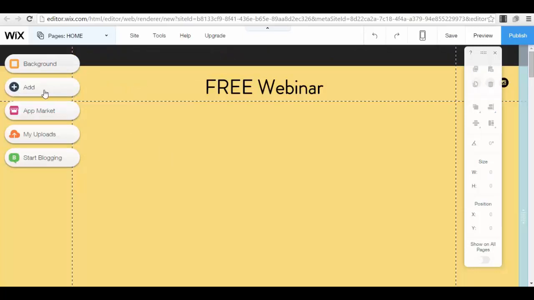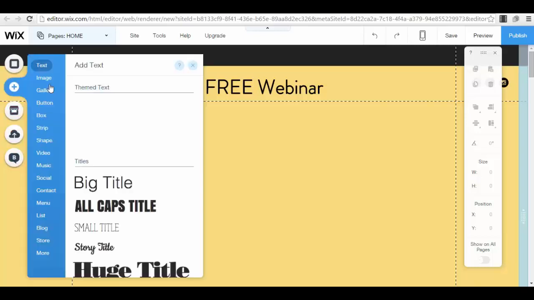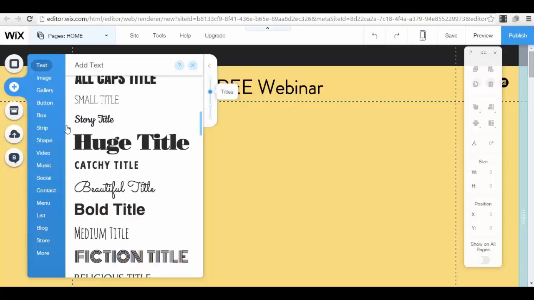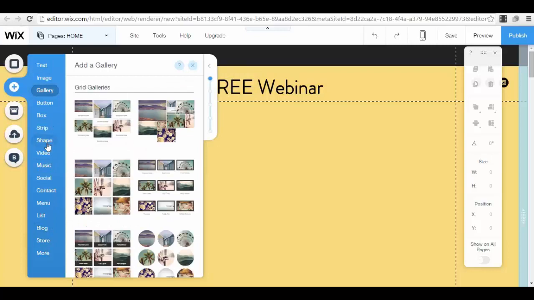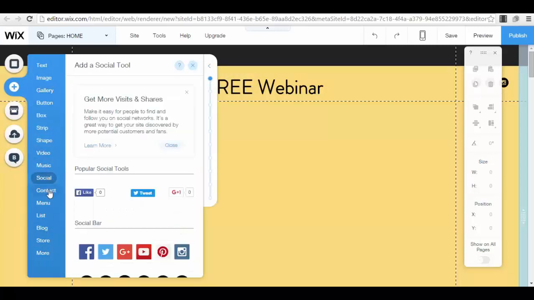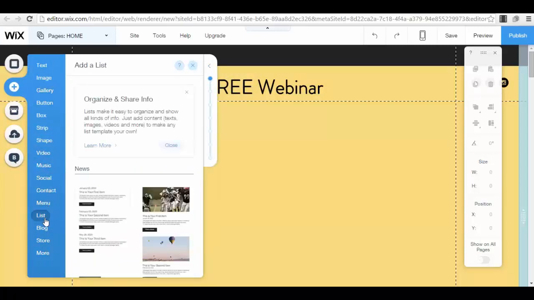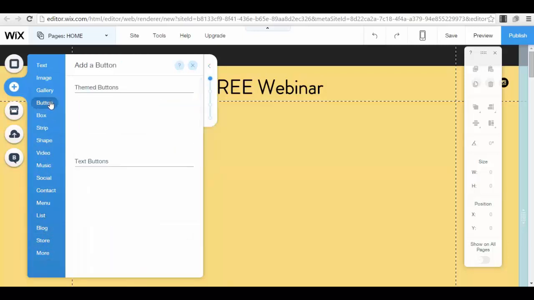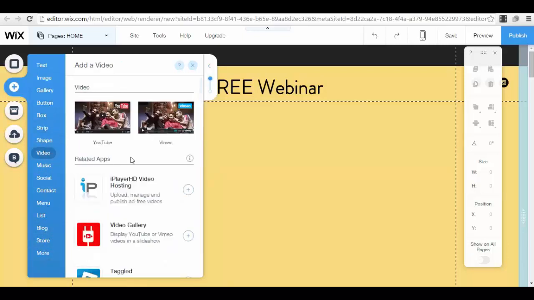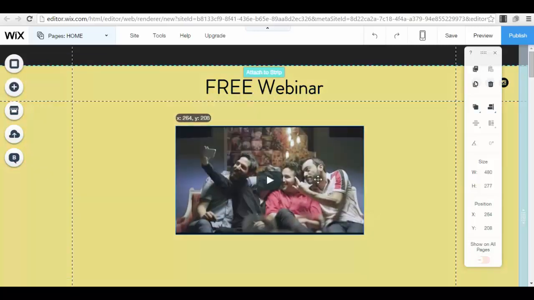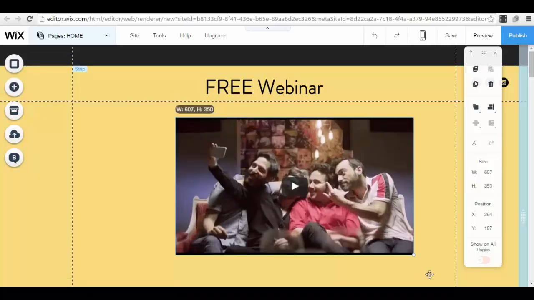Now you go to this option here, the button add. Here you have different options: shape, video, music, social, contact, menu, list, blog, more. You go to the video part and you select, for example, YouTube. That is if you want to embed on your page the link that your hangout or your webinar will have for YouTube. So you just press the YouTube button, you select the size that you want,